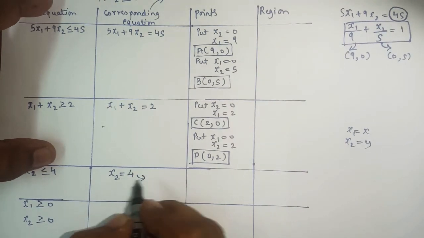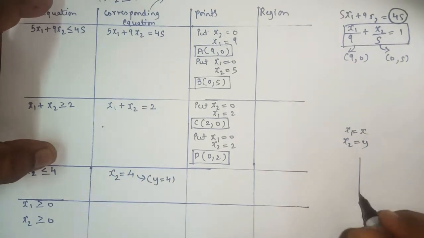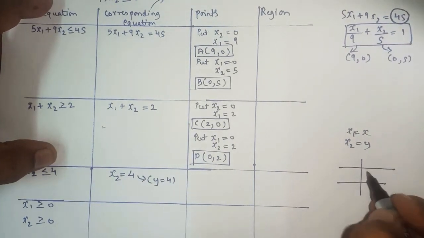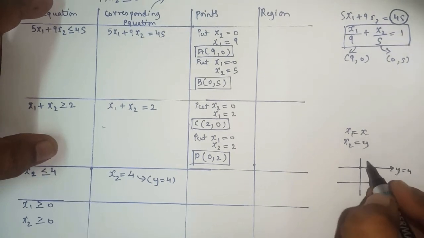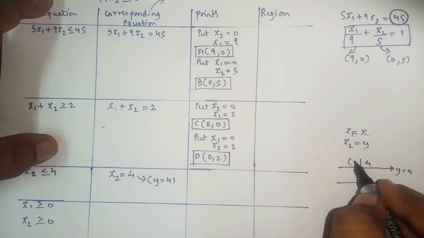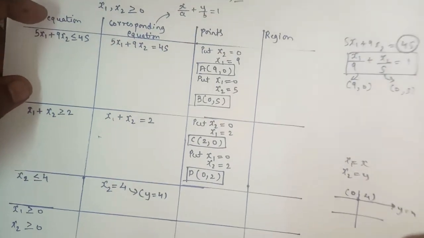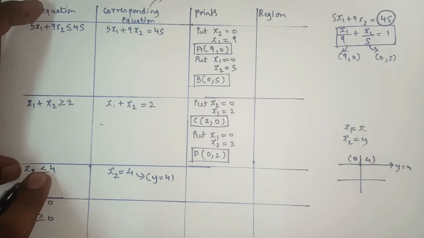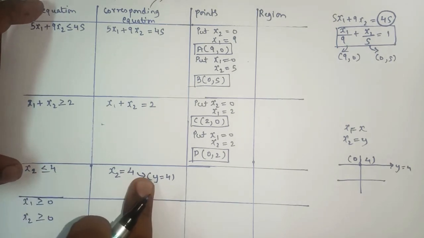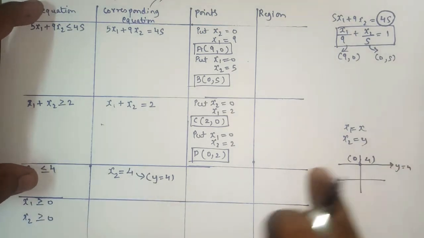So can I say actually x2 here, y equals to 4, yes or no? So it means the line will pass through y equal to 4, yes or no? So its x coordinate will be 0, as here we have only one variable only, yes or no? So when it contains only one variable, it means it is a linear equation in one variable. As it contains one variable, that means it will pass through x or it will pass through y.